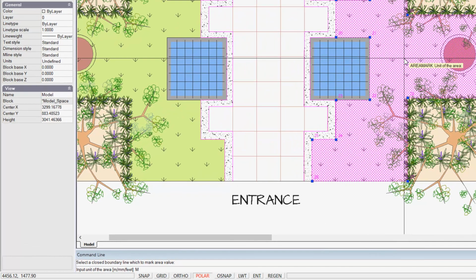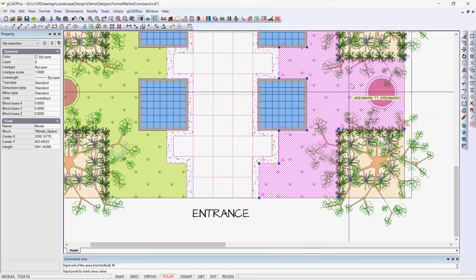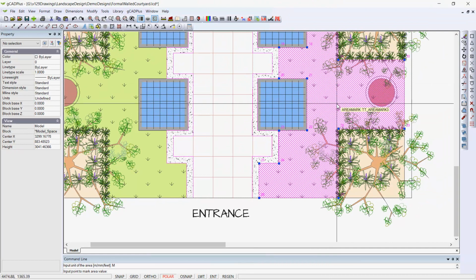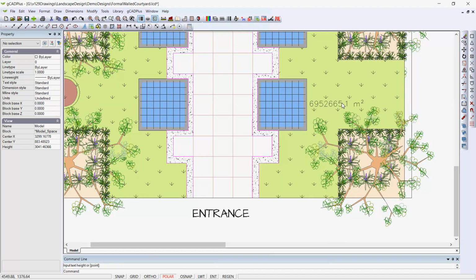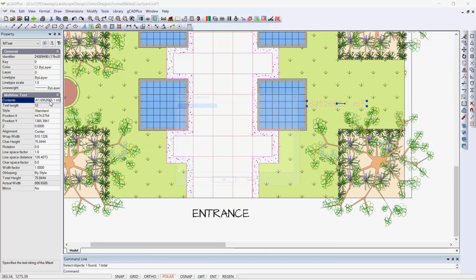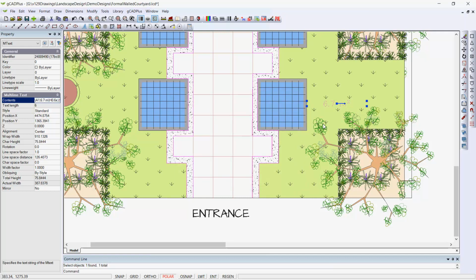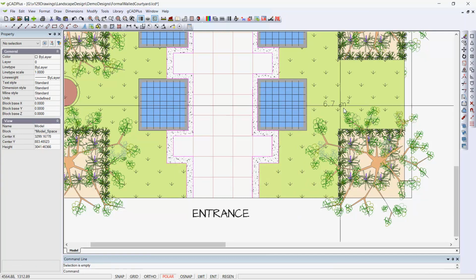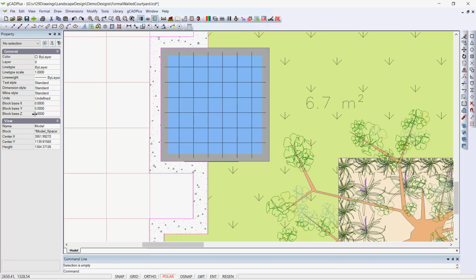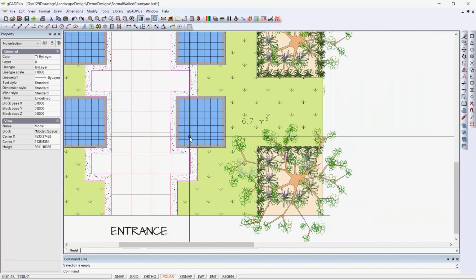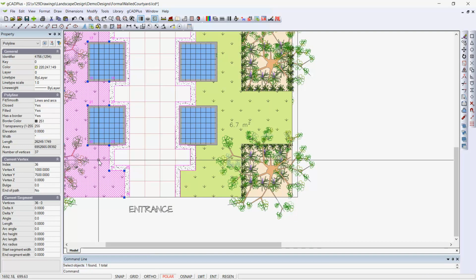We want M for metre square, and we're going to put the value, we'll stamp it here, and we just move a little box, and that puts that same value, which we now know needs to be changed to 6.7 metre square. So the hieroglyphics in here give us the square, and we can OK. So there's our 6.7 metre square, written in the current text style, which is standard, and the zone on the